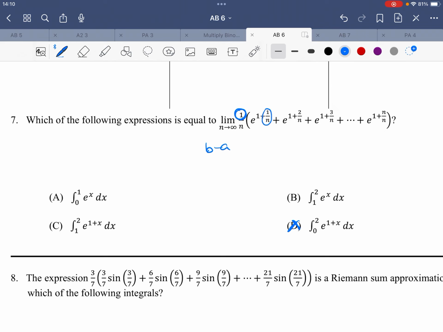So the 1 over n, that's 2 over n, 3 over n. So that is the b minus a over n times k. That is accounted for. And now I think we can choose either or. So either a is 1, and then we'll get the integral from 1 to 2 of e to the x dx,